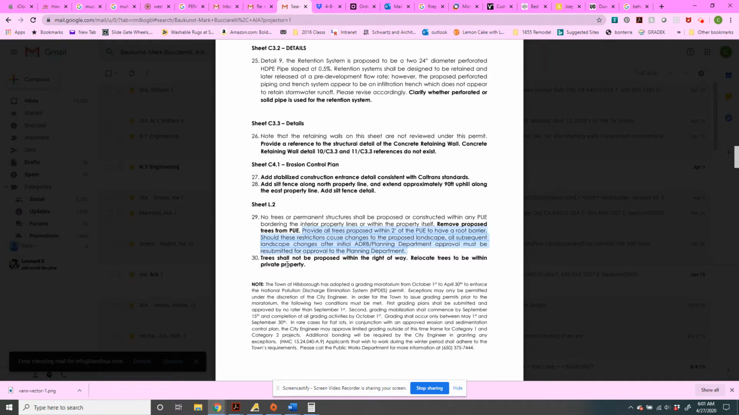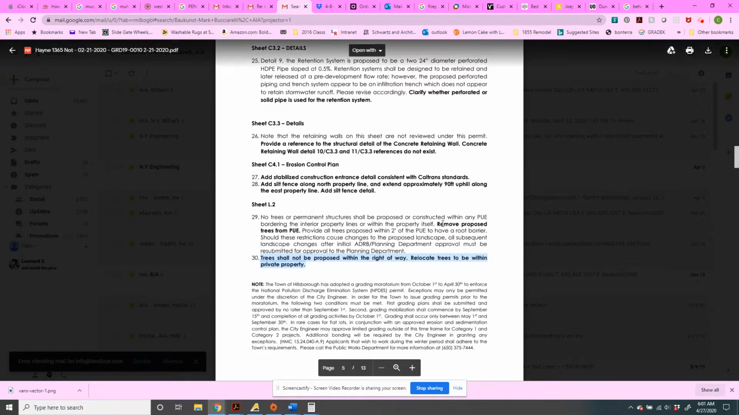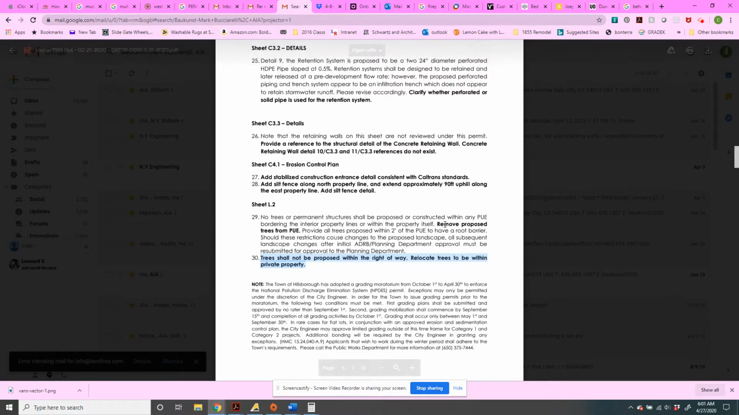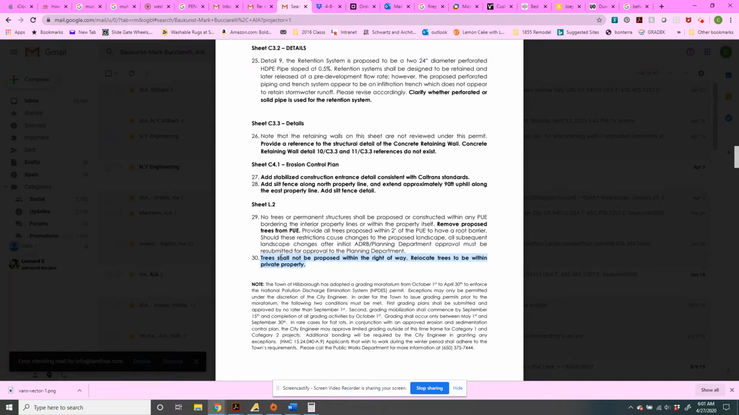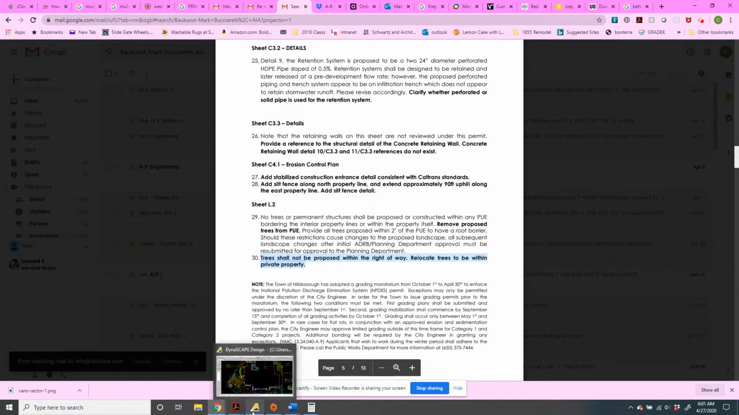That's a tough process. And then also, trees shall not be proposed within the right of way. Relocate trees to be within private property. So that's my task here, is to take all of the trees that I've put within the public utility easement out, and anything that is in the right of way out. So I'm going to go to the plan now,